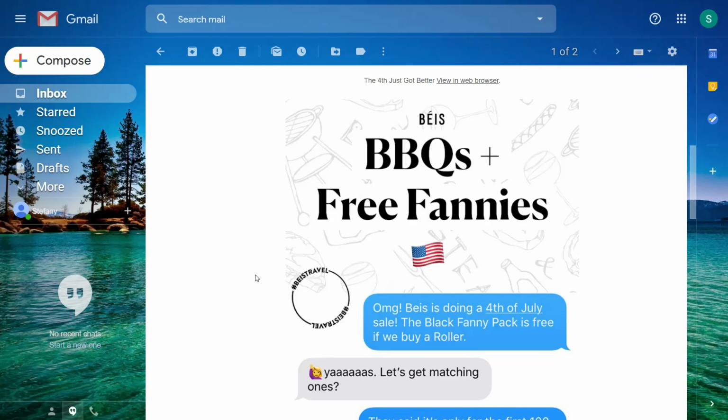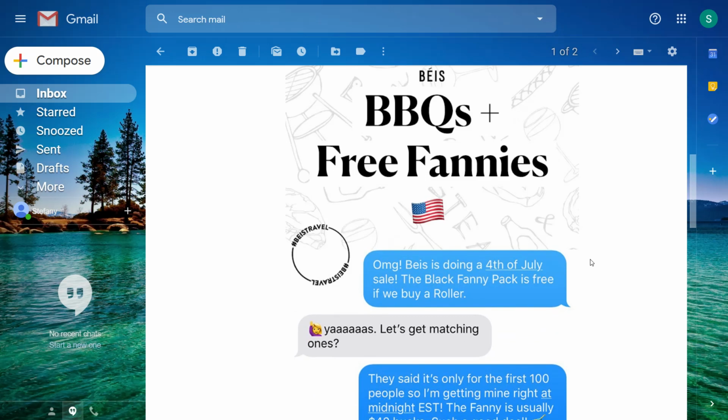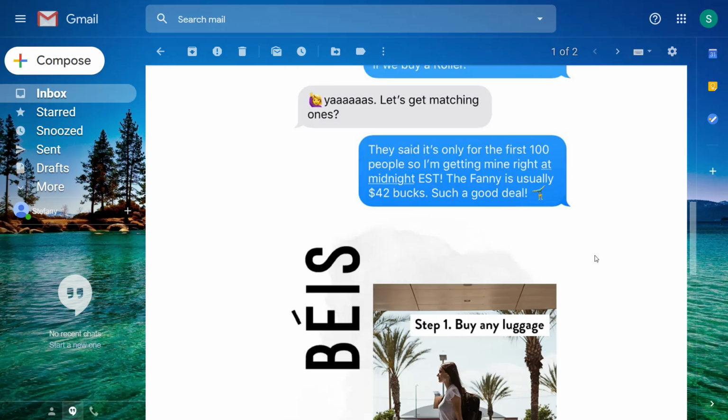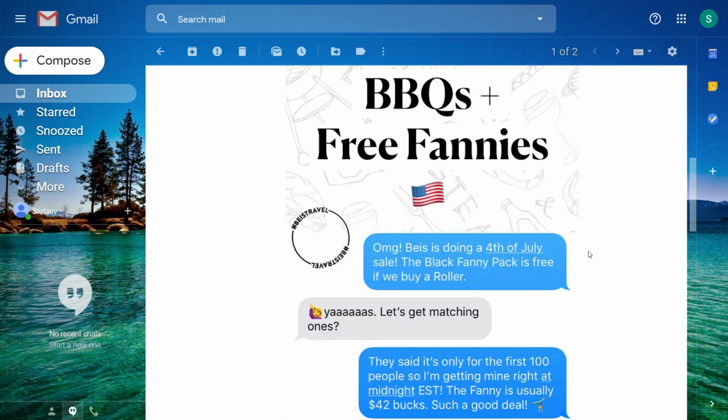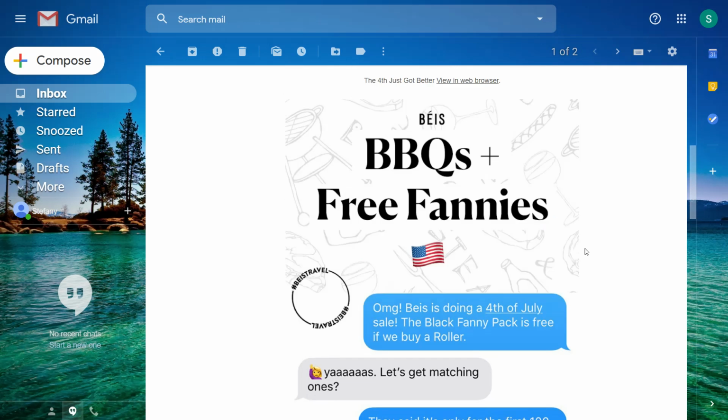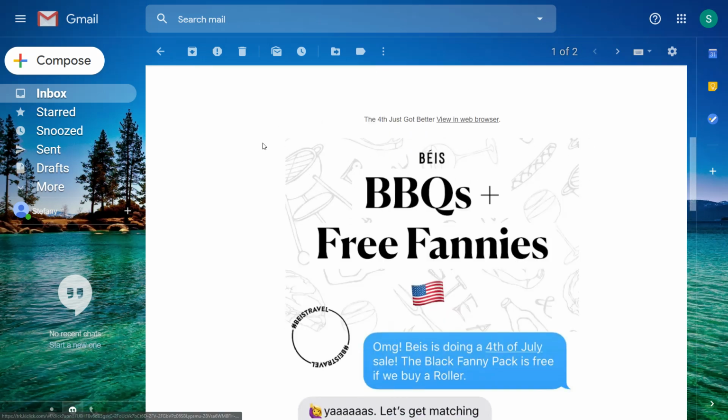Let me show you an email I got from an e-shop that sells luggages and products for traveling. They're running a sale right now that says that the first 100 people who buy the luggage will get a free fanny pack. And that's pretty cool, but this information is static. What they could have done, if they had an AMP email, is say here in bold letters how many people have already taken the deal and how many people are left. So, for example, I don't want to go ahead and try to purchase the luggage if I know that the sale has already expired because the 100 people have already claimed the sale.